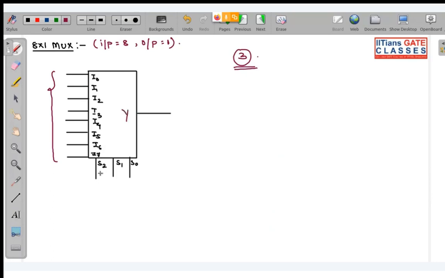Here S2 corresponds to MSB and S0 corresponds to LSB. So the direct expression will be Y equal to S2 complement S1 complement S0 complement I0 plus S2 complement S1 complement S0 I1 plus S2 complement S1 S0 complement I2